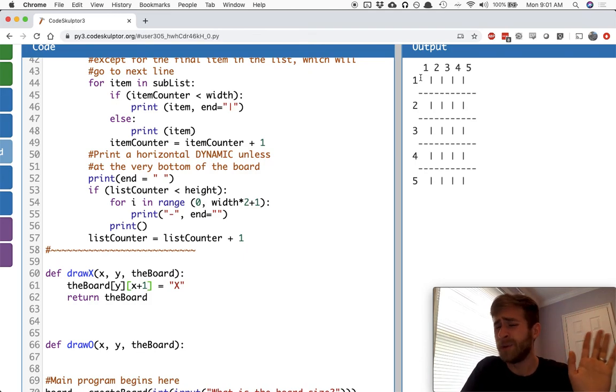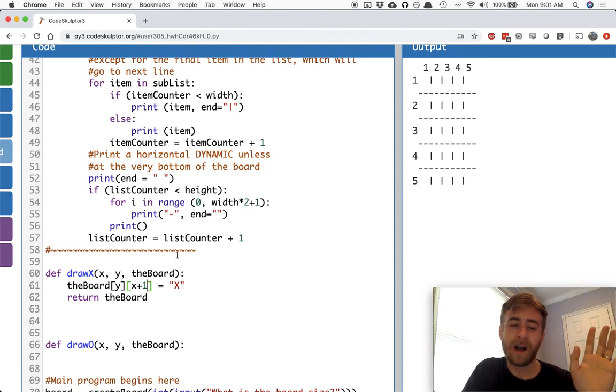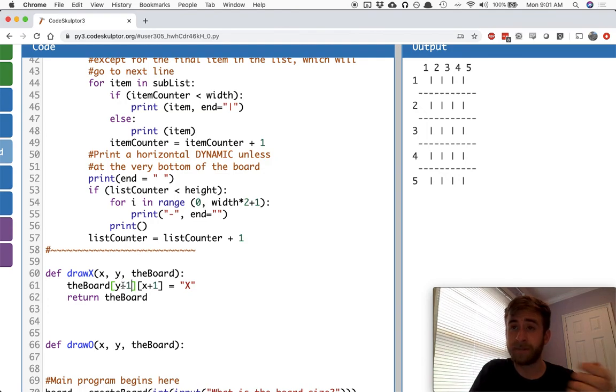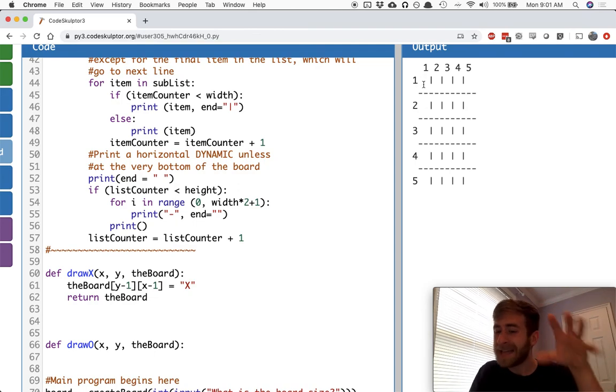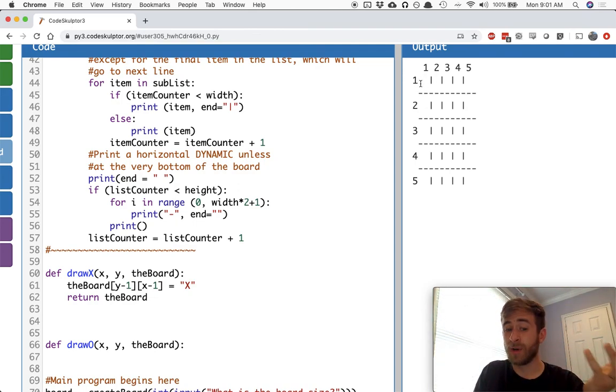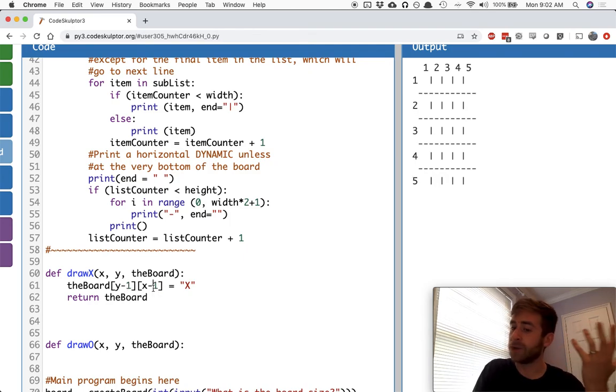So we said, all right, fine, we'll start at 1 just for you guys. But that means we're going to have to add a +1 actually to both of these because really, not a +1. We want a -1 to both of these. Because if the user is saying, hey, I want to put an X at the coordinates 1, 1, we know that internally in our program, that's actually stored as 0, 0. So whatever numbers they put in here, we know that really this list should be 0, 1, 2, 3, 4. So we're going to have to do this -1 to both to make the user experience a little bit nicer,